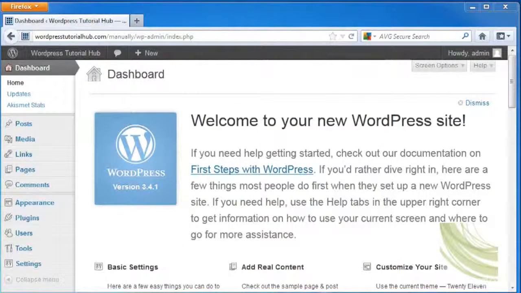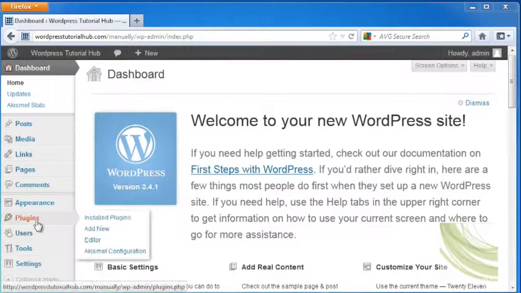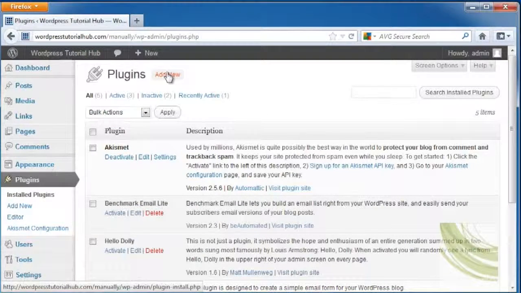Next tutorial, let's take a look at how to put a contact form into my WordPress page. And this is going to be way easier than you're thinking because, again, we always have plugins we can use. So let's go to the Plugins tab on our dashboard, and we're going to go up to Add a New